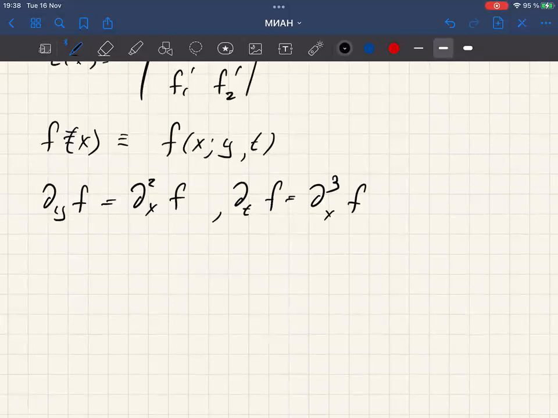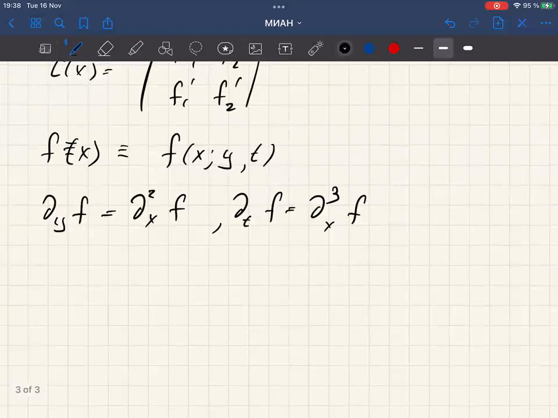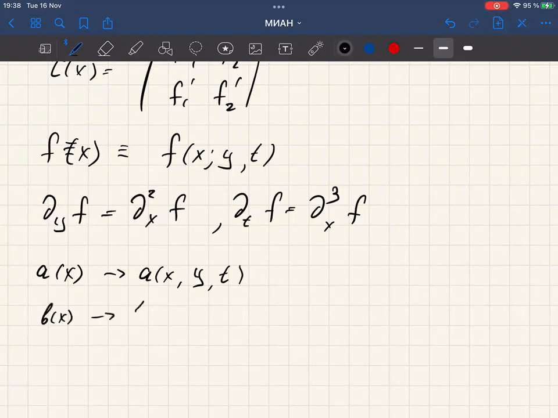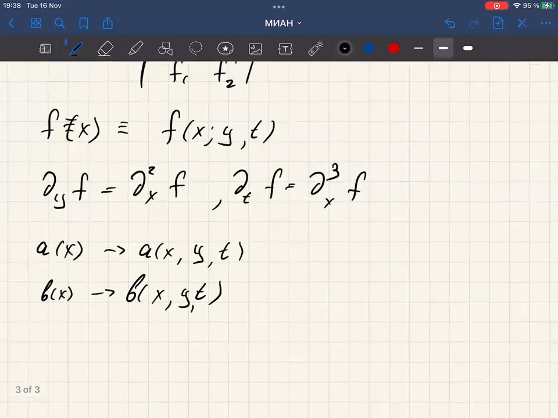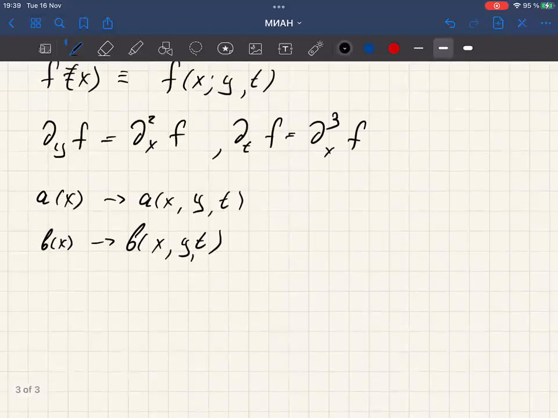Okay, now we want to go from a, which is a function of x, to a as a function of x, y, and t, and b as a function of x to b as a function of x, y, and t. Well, what do we want to do? We want